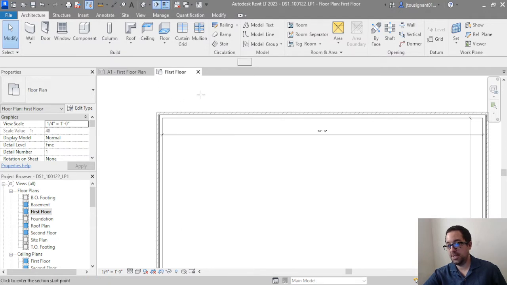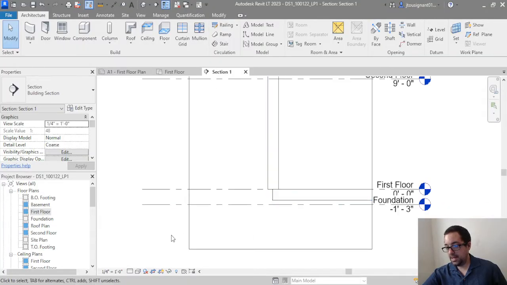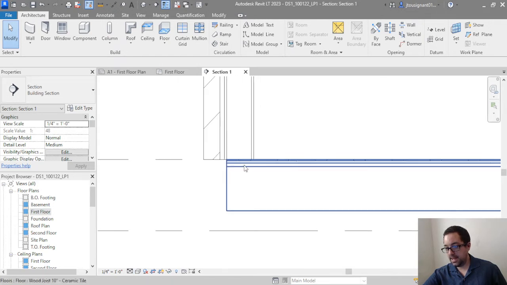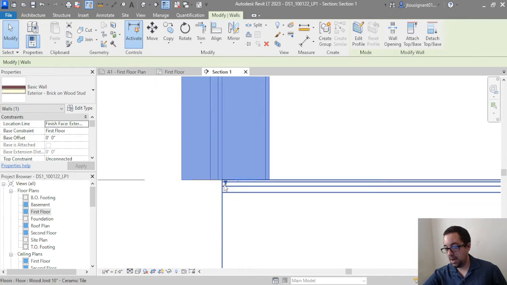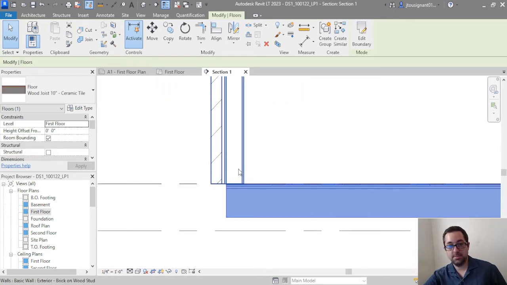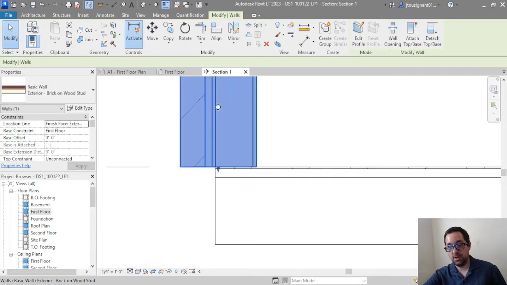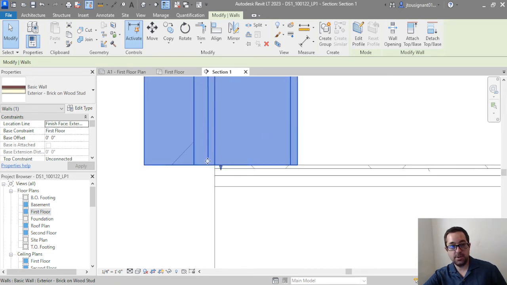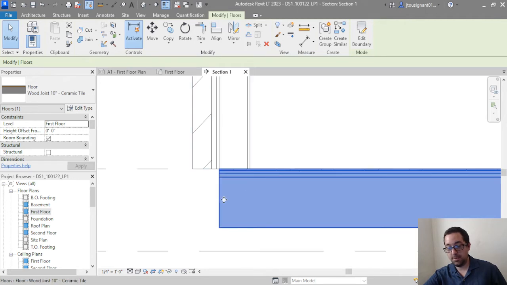So if I just pop in a section here and I look at what we've got going on, turning up our detail level, we can see that we've got our structural part of our wall lining up with the exterior part of our floor. That wasn't because we drew the wall there, we had our walls there already. It's because when we drew our floors, we told them to pick these walls, and we told it to extend into the core,